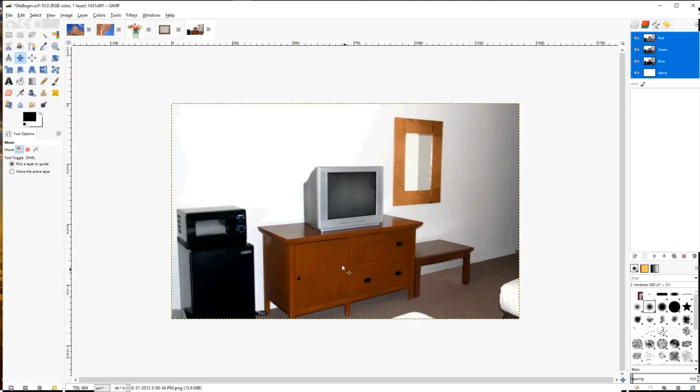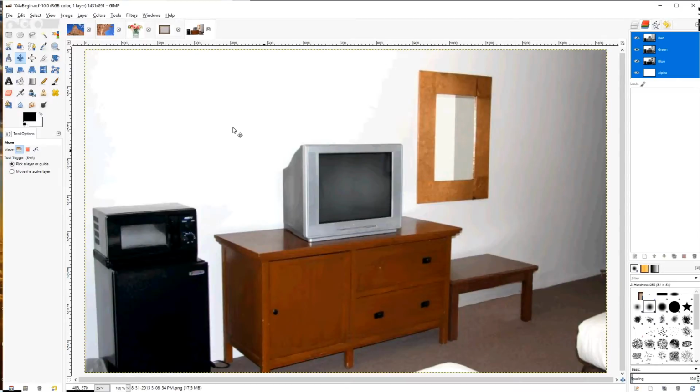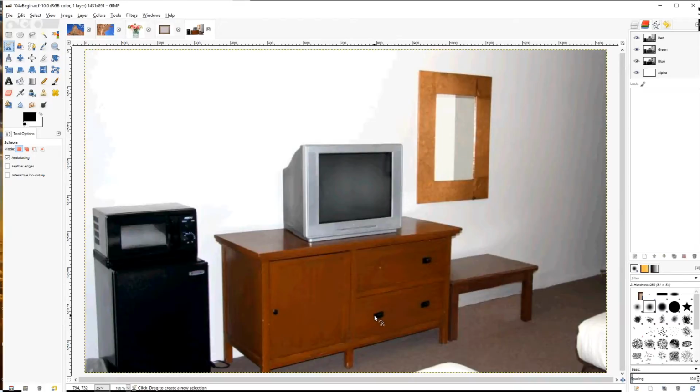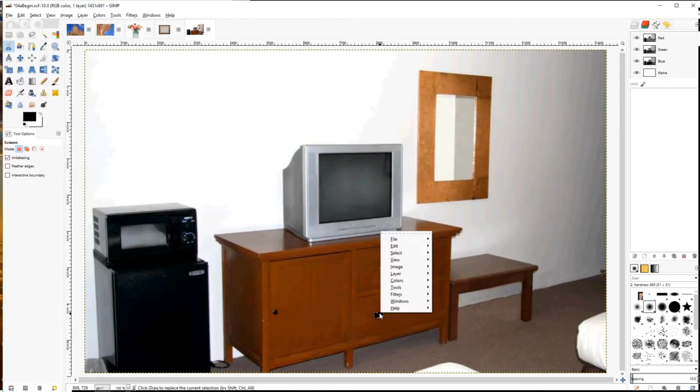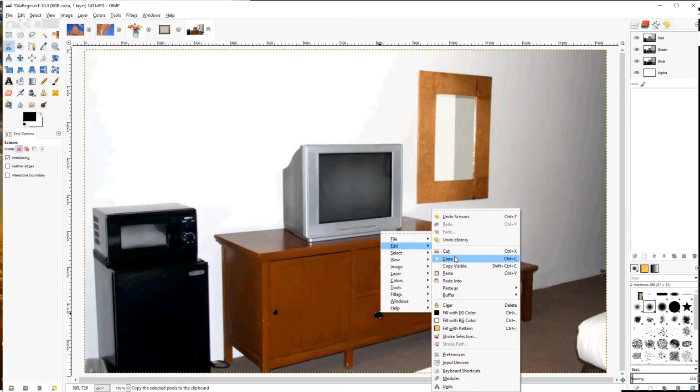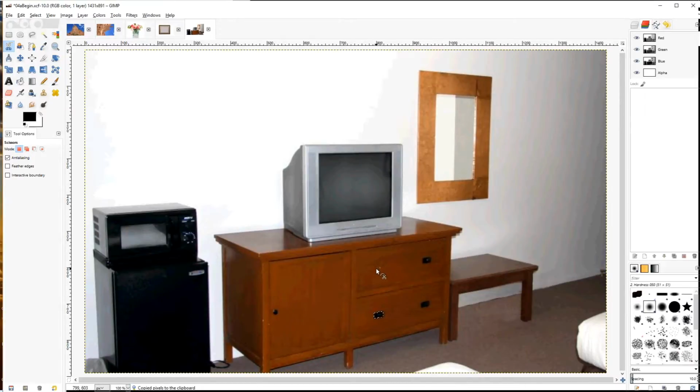Next on the list is, if you look at this dresser, you'll see that it has only 3 handles and there should be a 4th one over there. Let's zoom in a bit on it. And I'm going to take the scissor select tool, choose a handle. I'm going to choose this one down here, outline it, close the circle, click in the middle, and now I'm going to copy it